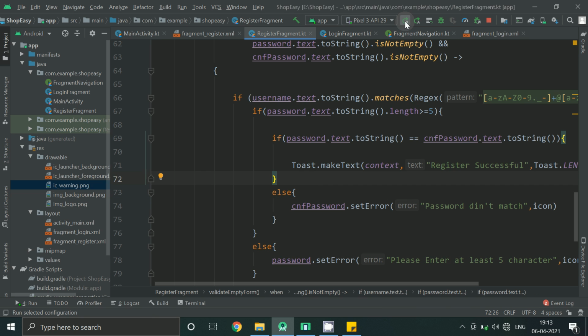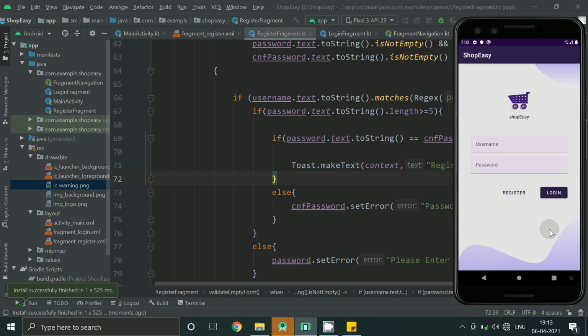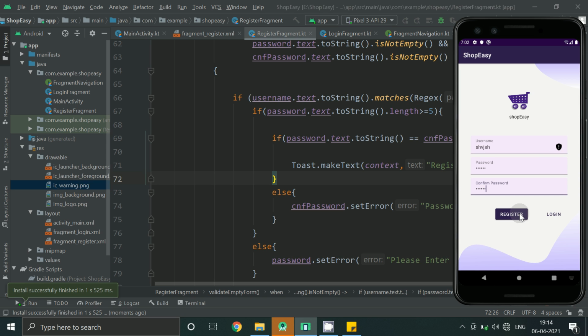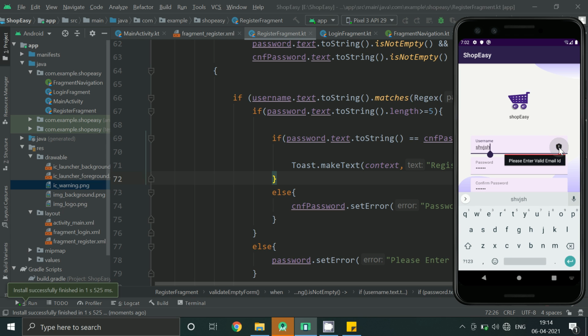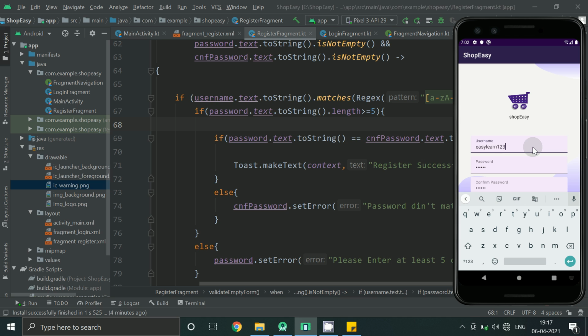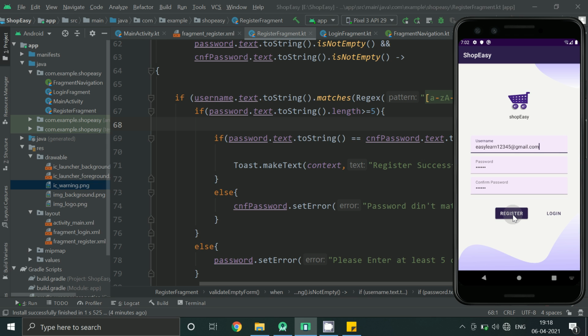Now let's run and see if it is working. So it is asking to enter valid email ID. So it is still showing invalid email.